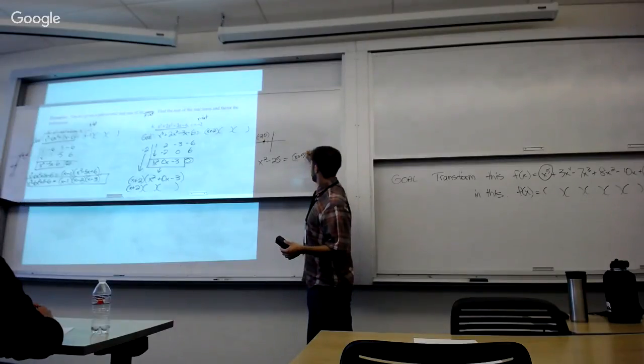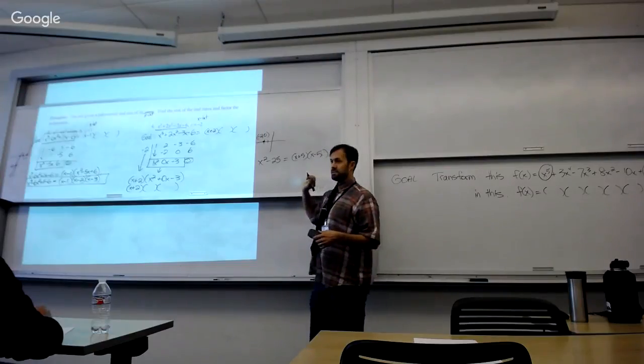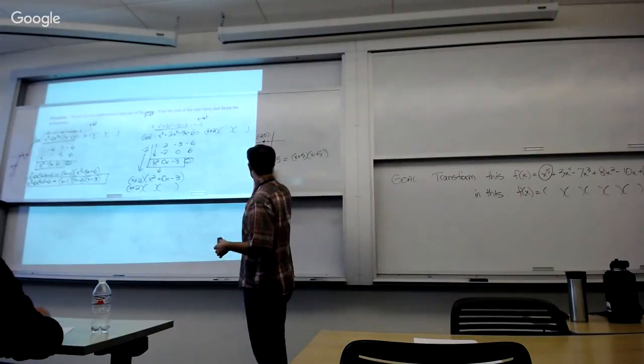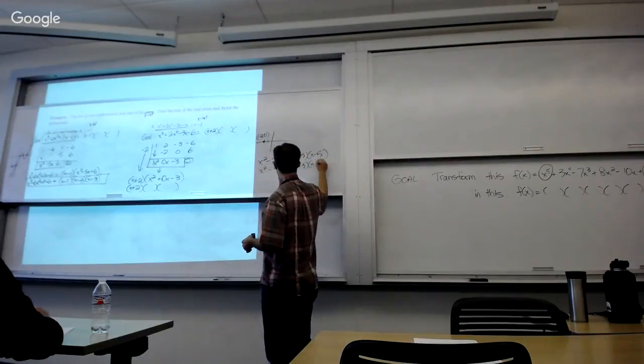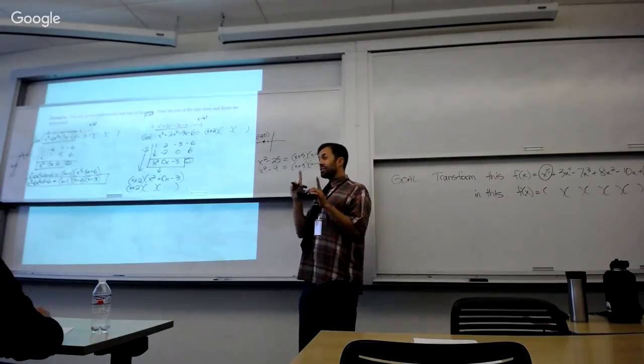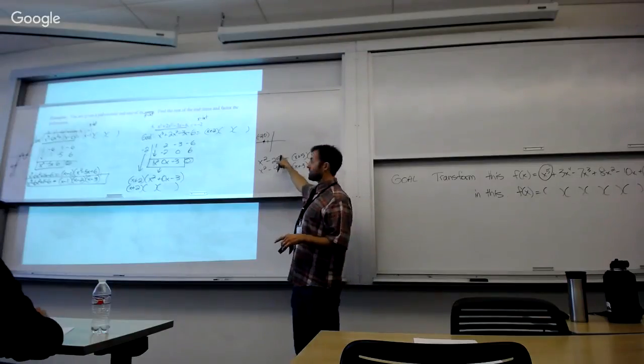x plus 5, x minus 5? Does that look familiar, folks? One more example, x squared minus 9. That would be x plus 3, x minus 3. So what I'd like you to notice, though, is that you and I know how to do the square root